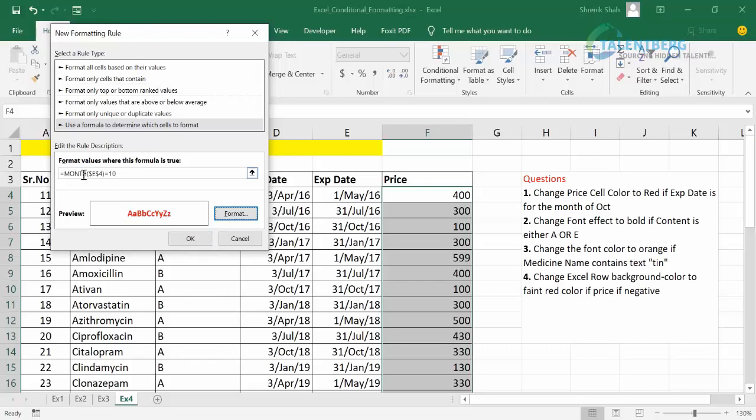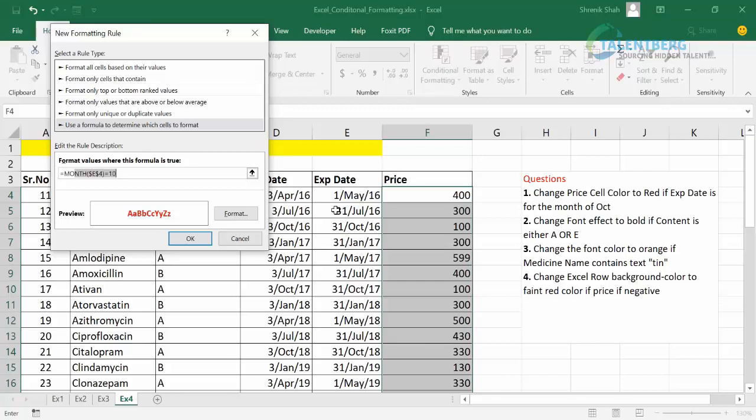But the month is I selected E4. So for all the prices, the rule is going to check: 400 rupees for this price, does the month belong to October? No. For the next record, 300, I expect it to check the date of 11th July.